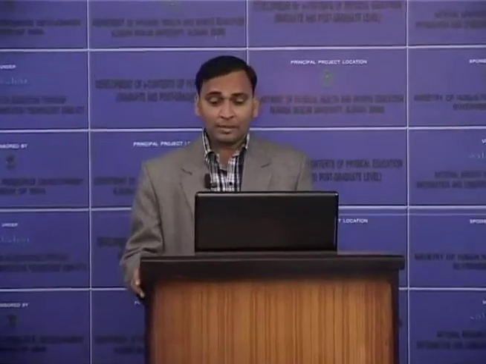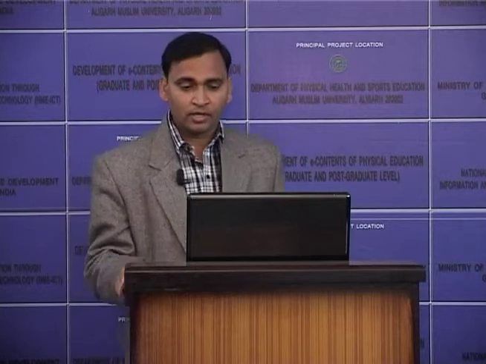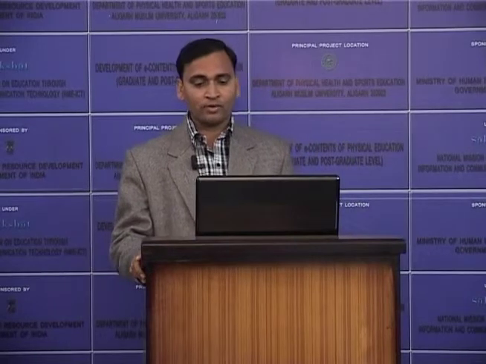Now come to the function of semitendinosus. Semitendinosus functions over two articulations, because it is a two joint muscle. It functions over the hip as well as the knee joint. It flexes the knee joint and rotates the tibia, because it is inserted over the medial side, so it will cause medial rotation of tibia as well as flexion of tibia over femur, that is flexion and internal rotation of tibia over knee joint.